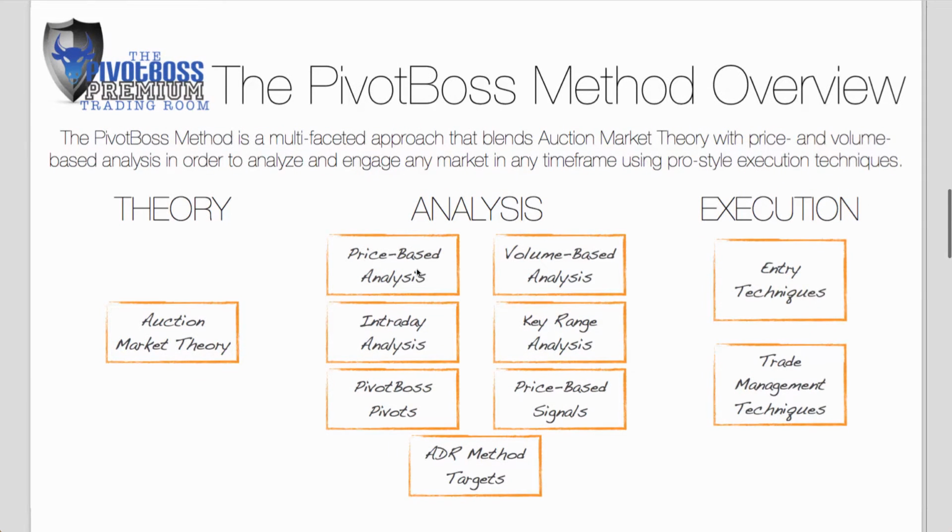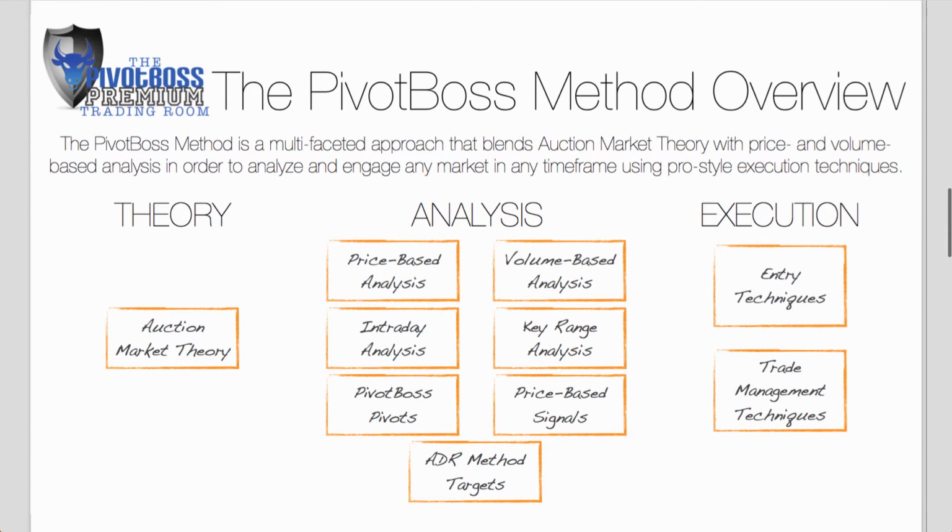Here's the PivotBoss Method Overview. What's important about the overview is just to give you a visual idea of what the PivotBoss Method is. If I have to say what the PivotBoss Method is, it's basically a multifaceted approach that blends auction market theory with price and volume-based analysis in order to analyze and engage any market in any time frame using pro-style execution techniques. The simple way around it is basically we're combining theory, analysis, and execution into one